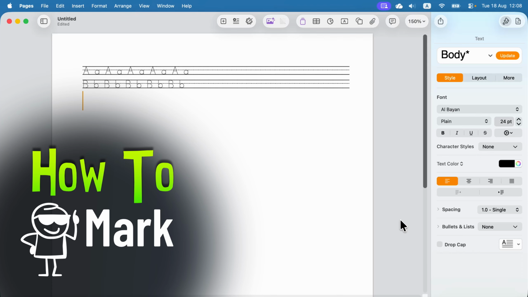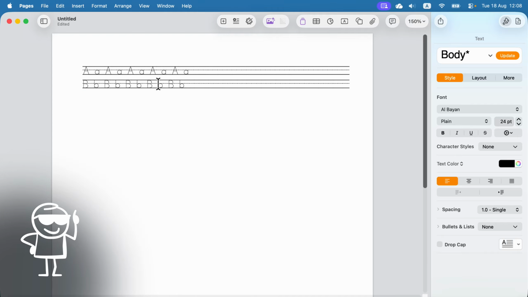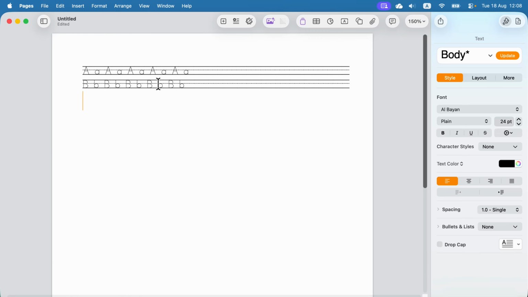Let me show you how easy it is to prepare letter tracing exercises in Pages on your Mac. When you just type the letters or words that you want to trace, you will get this font. And the font is the whole secret. We just need to get the right font to change this default one into the one that looks like it's from